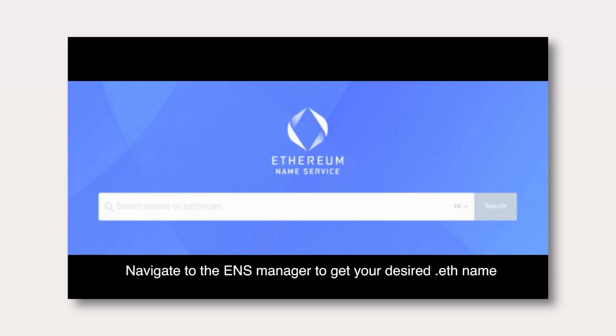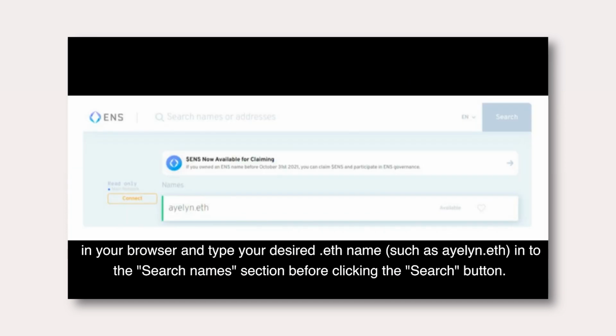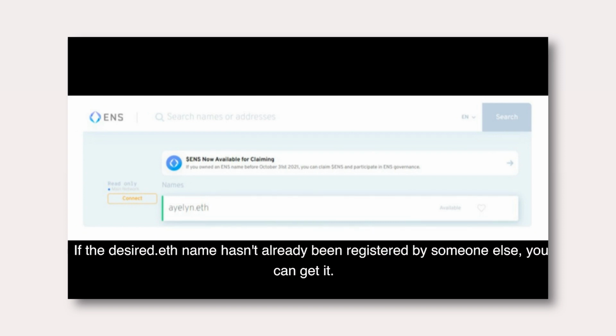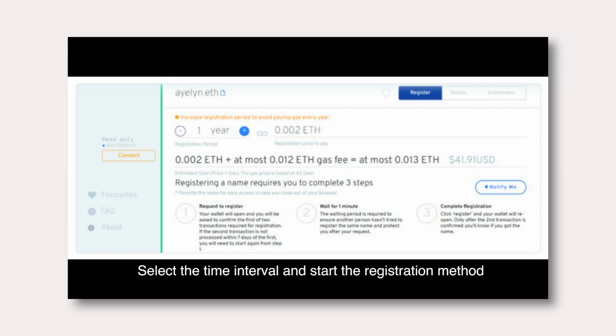Navigate to the ENS manager to get your desired .eth name. Go to app.ens.domains in your browser and type your desired .eth name into the search names section before clicking the search button. If the desired .eth name hasn't already been registered by someone else, you can get it.